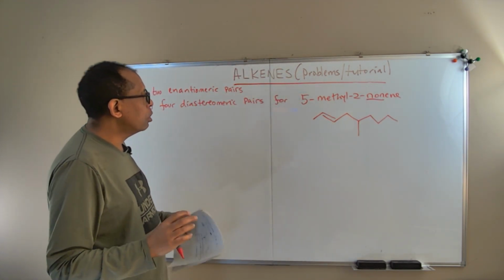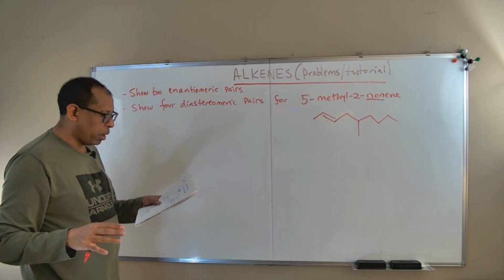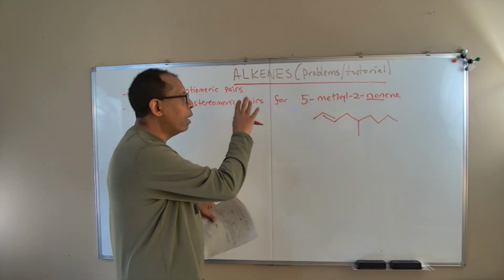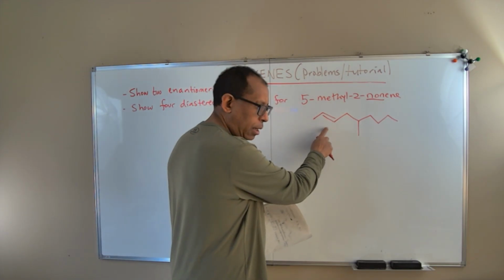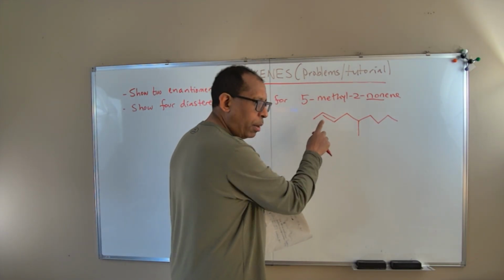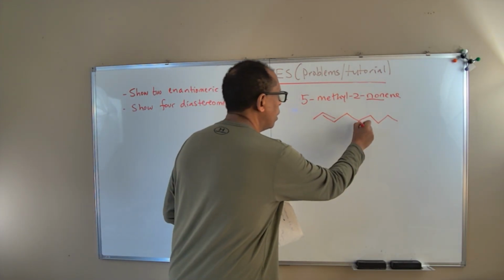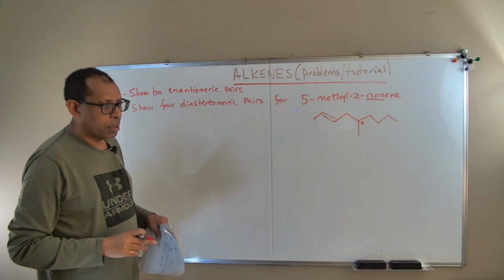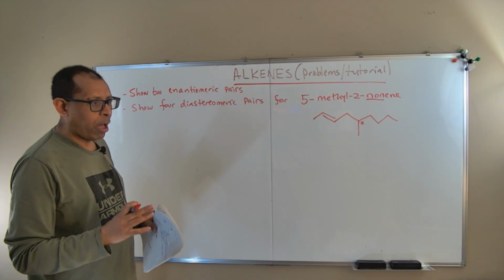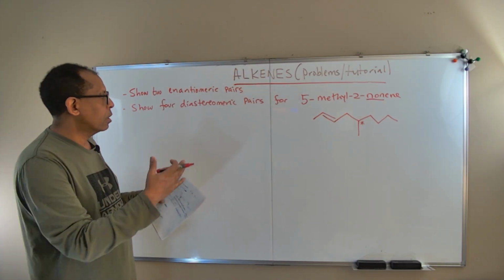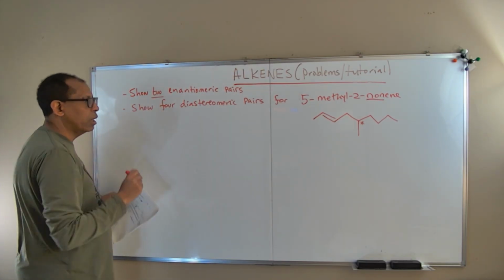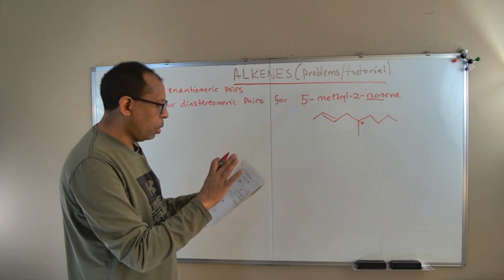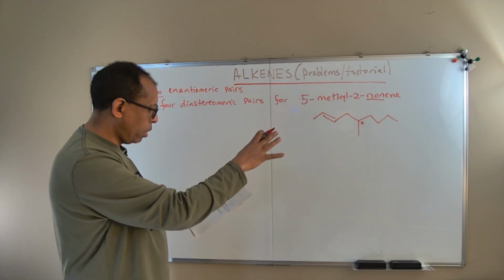And we're going to show two enantiomeric pairs. The enantiomeric pairs would be referring to, not to the alkene in this case, but to the stereogenic center here. This carbon over there, what you see is a stereogenic center. It could have an R or S. That's why we have two enantiomeric pairs. So if you were to show two enantiomeric pairs for this,